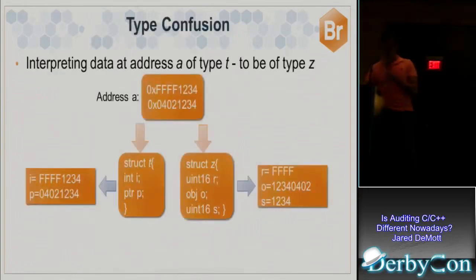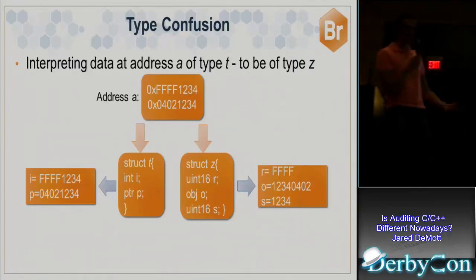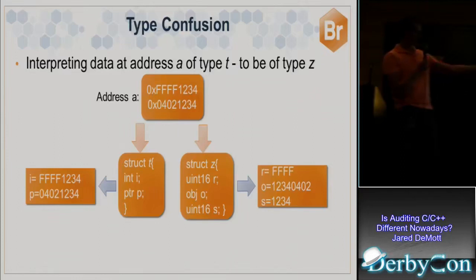Okay, so that was use after free. What about type confusion? So type confusion is basically where you have some data. In this case, we're supposed to be treating some data as a struct T, but maybe somehow accidentally we treat it as a struct C, or a struct Z. And why is that bad? Well, we'll look at a case where that's bad. So in this case, we wanted it to be two DWORDs, an int and a pointer, and somehow it accidentally gets treated as a uint and a short and some object in some other uint short, so uint16.